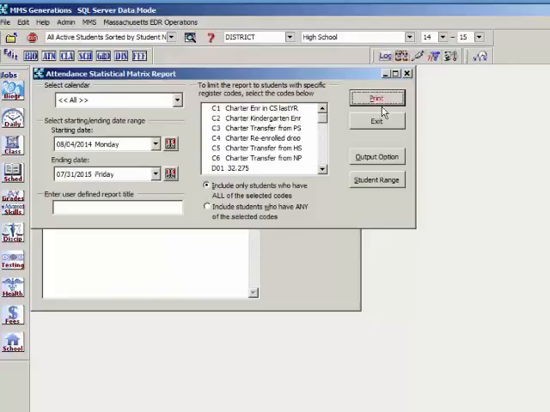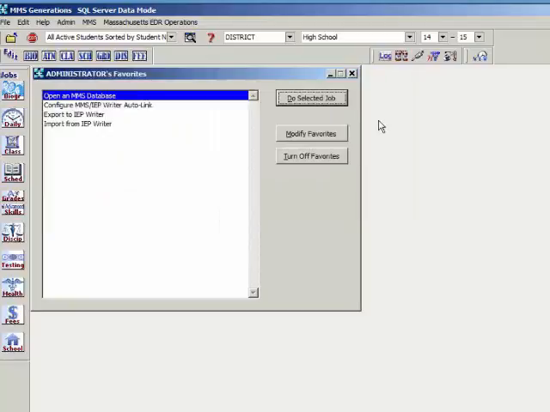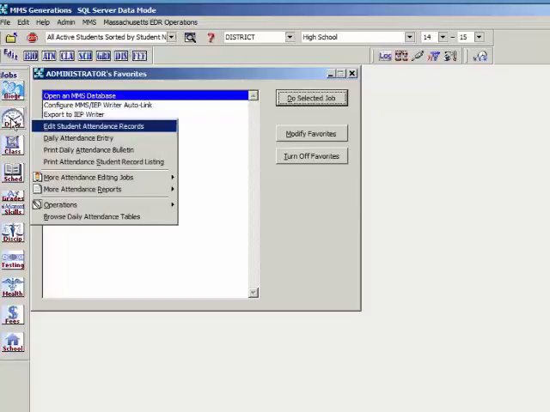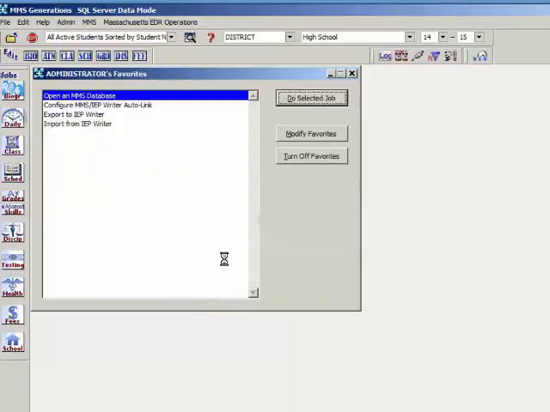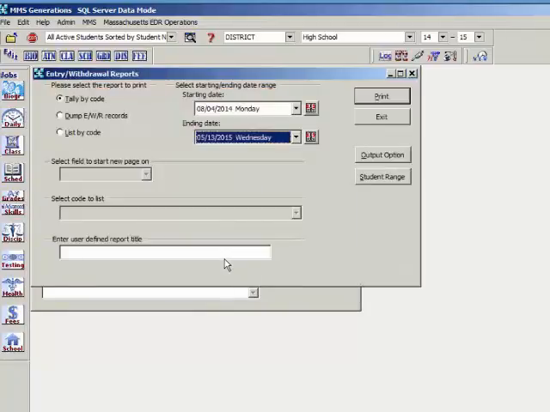All right, so we have one more attendance report that we're going to look at. And the next one is the entry withdrawal report. That is found under attendance, reporting jobs, more attendance reports, and it is my entry withdrawal report. We have three options for running this report, and we are actually going to start with our tally, and it's just going to give us tallies. We're not going to see any